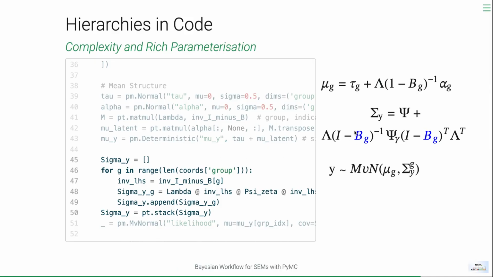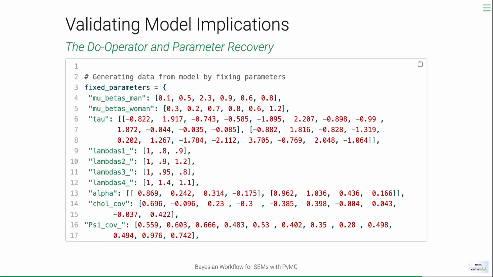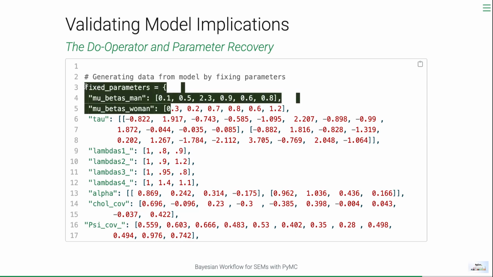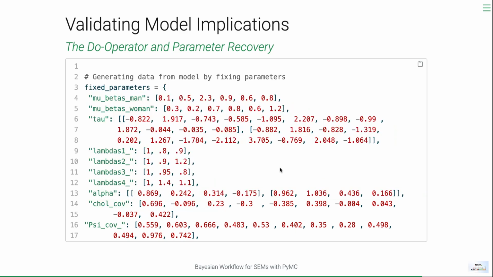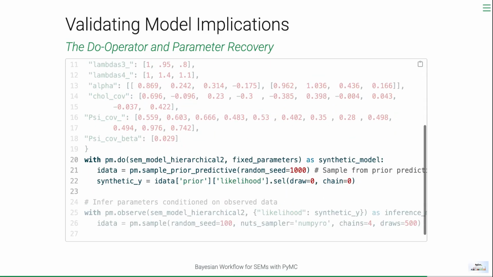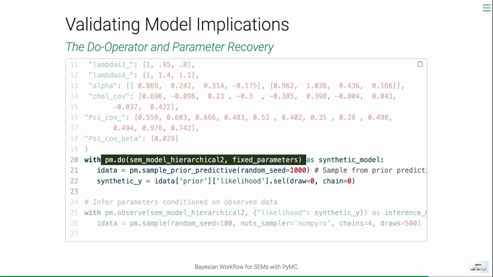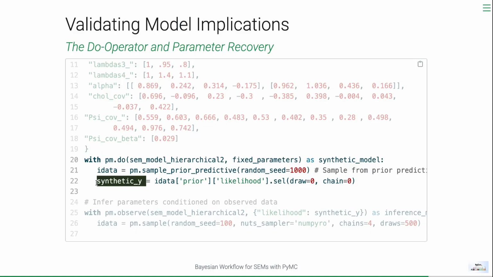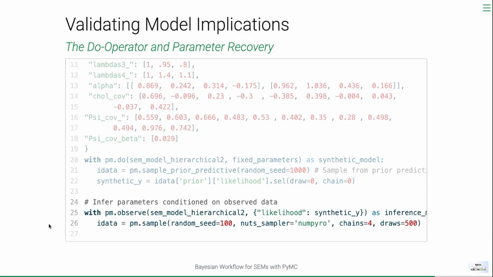So one way to do that in the Bayesian workflow is to do a parameter recovery exercise. In this case, you're specifying the parameters that you're inputting into the model. You're forward simulating with the do operator in PyMC. So you're setting the values of the model parameters, you forward sample, you draw from the prior predictive distribution. And you take that synthetic data, so to speak, and you put it back through your model and estimate the posterior distribution of the parameters. And what you want to recover then is parameter values that match quite well with the parameter values you set in the initial data generating condition.